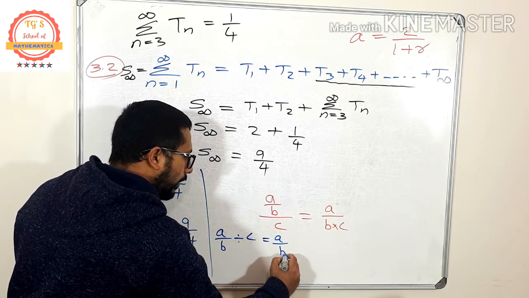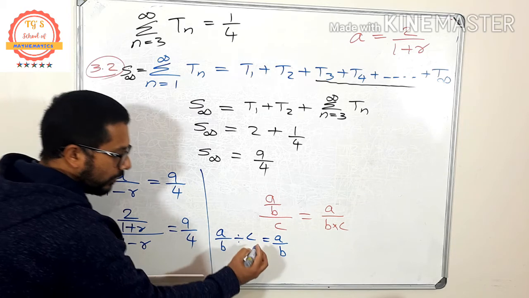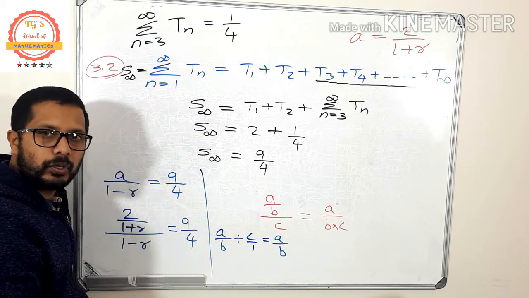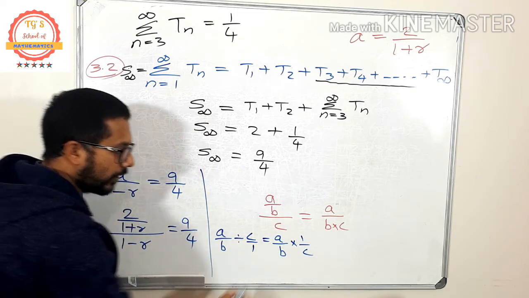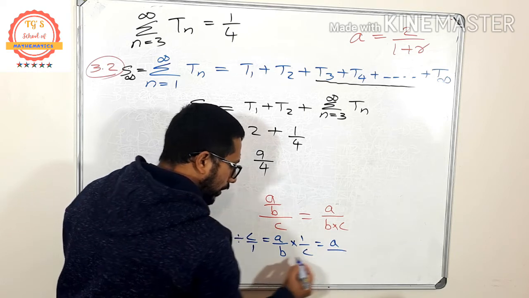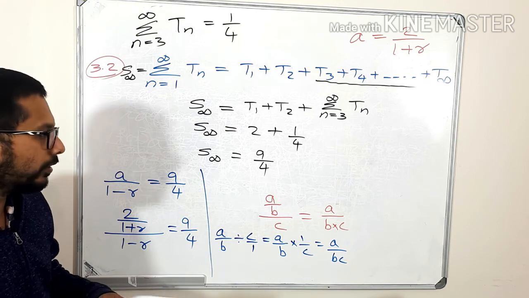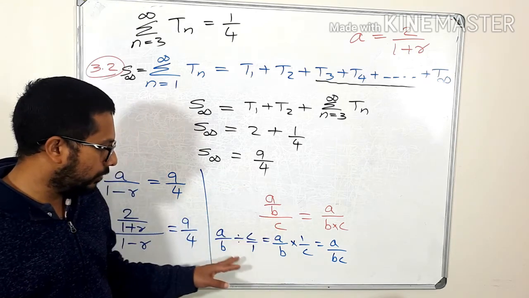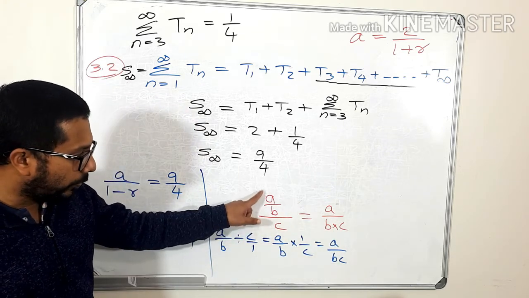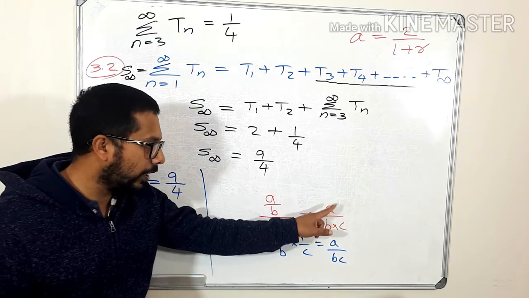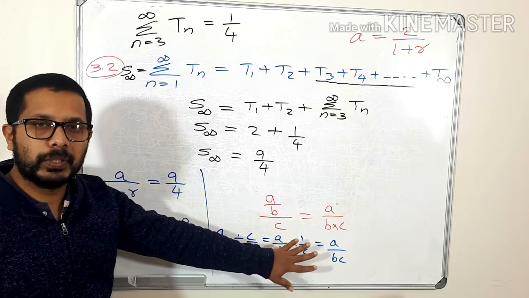A by B. When you were in small class, primary level, you studied division. Dividing by C means C divided by 1, division of a fraction. So how can you write it? Multiply by 1 over C. So what is A times 1? That is A, divided by B times C is BC. So this is the theory behind this one, but you just try to understand it now. You don't want to do all these steps, otherwise you can't finish your exam. So if it is in this form, A by B by C, you just write A by B times C. It's correct.